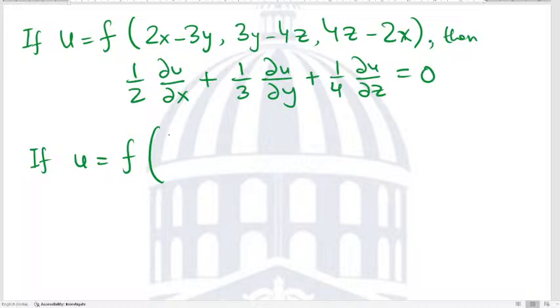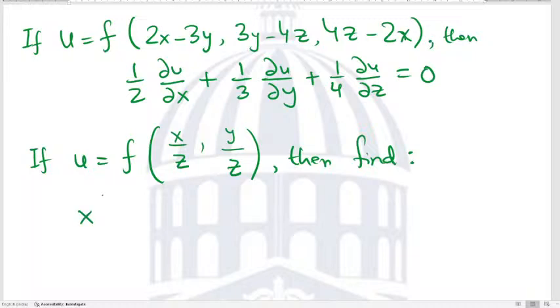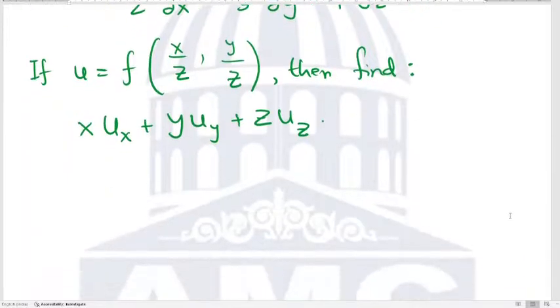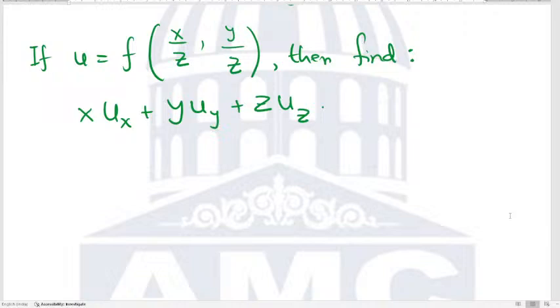So, for example, let's say z is f of x by z, f of y by z, right? Then find the value of x ux plus y uy plus z uz, right? So this might be one more model question that I would probably give you, and maybe one more